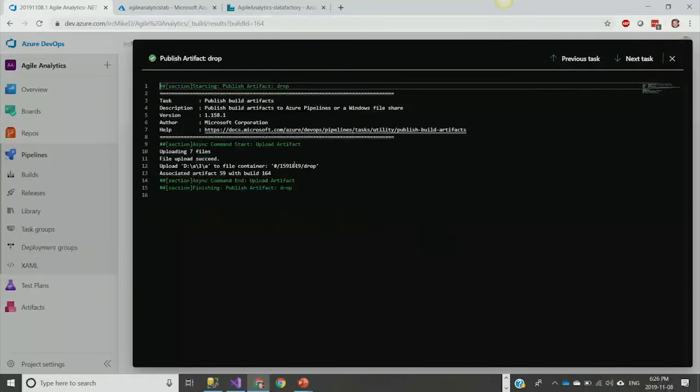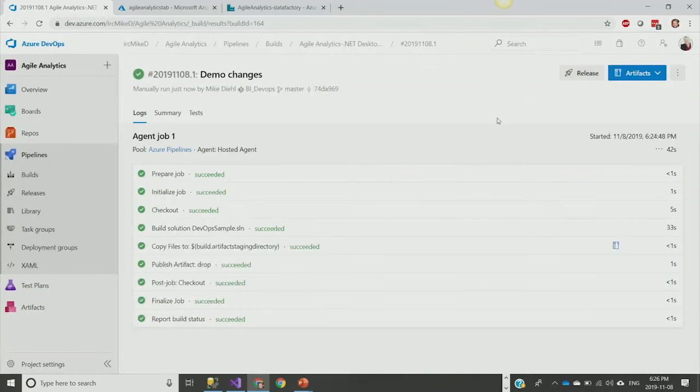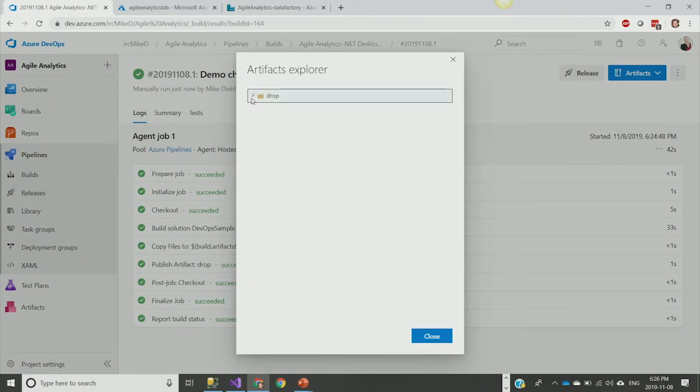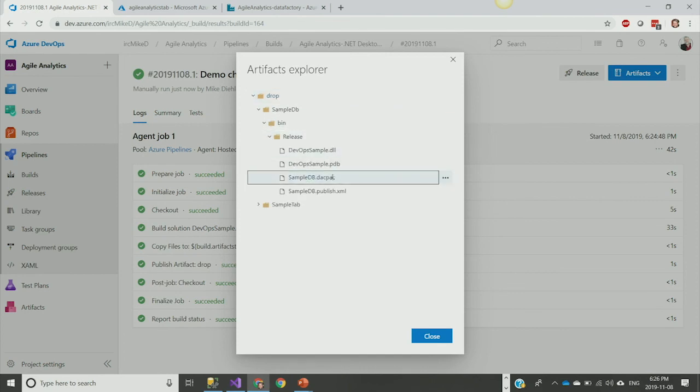And then the final step to publish that one said, okay, uploading those 7 files into this drop folder. So that's the output of the interesting parts of this pipeline. And notice I also have artifacts here, so I have a drop folder, and here's what's been published as a result of that one. So there's my DACPAC file,